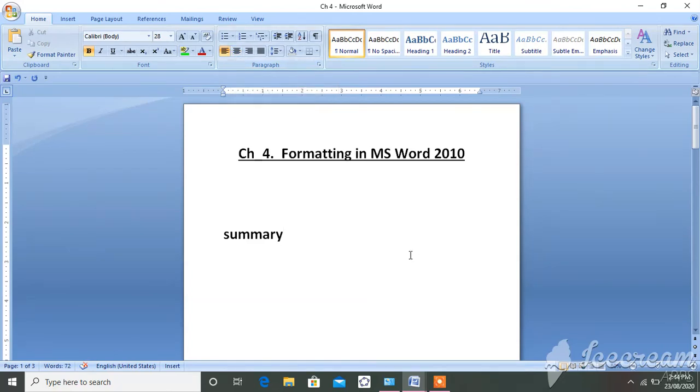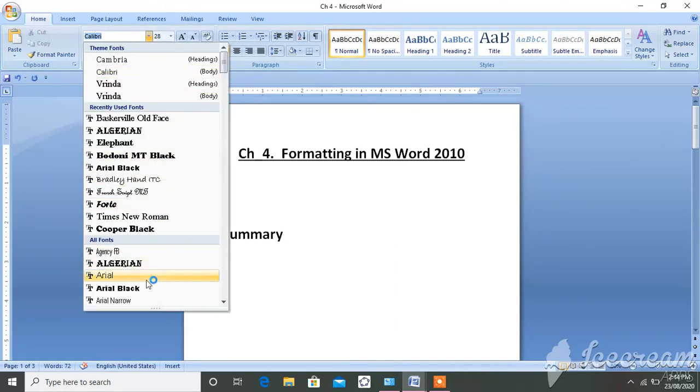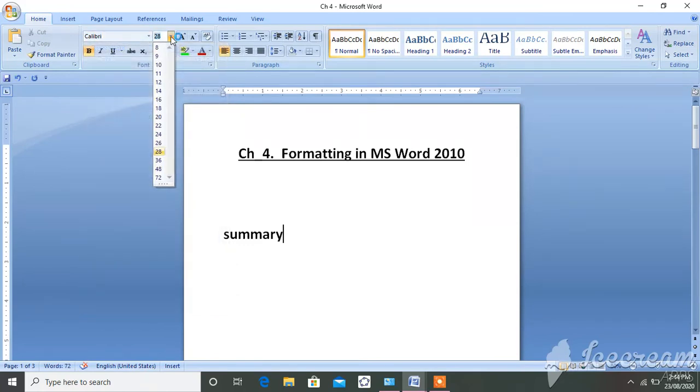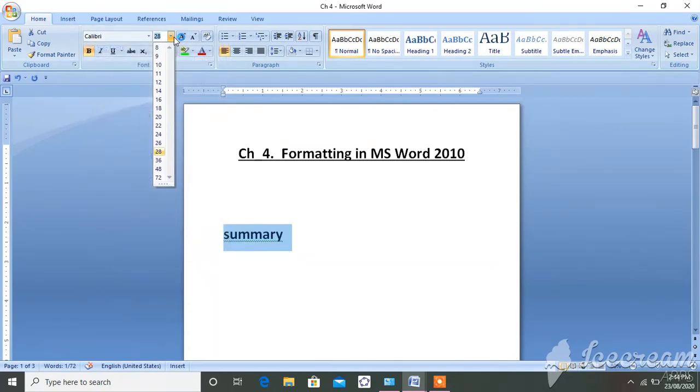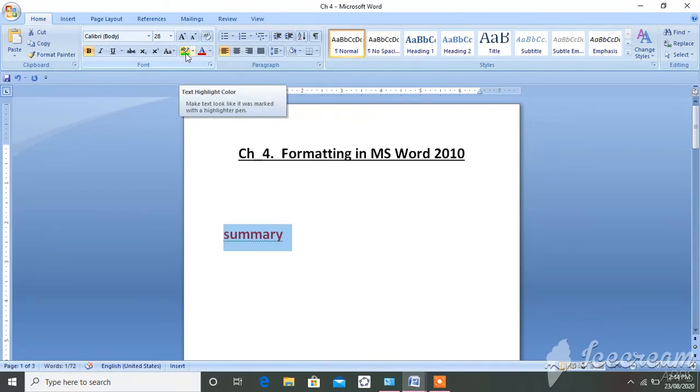So in this lesson we learn how to change the font. See here, fonts are given here. So many designs of fonts are given, and that is called the font style. Then how to change the font size. Okay, just select that word and you can change the font style, you can change the font size, and you can even give color to that font with the text font color and highlight color. Then we learn to make the character or word bold, italic and underline.